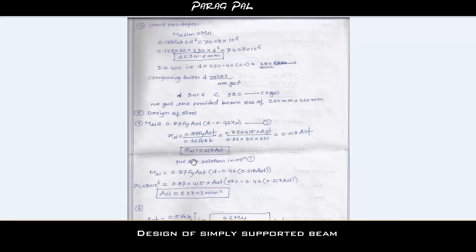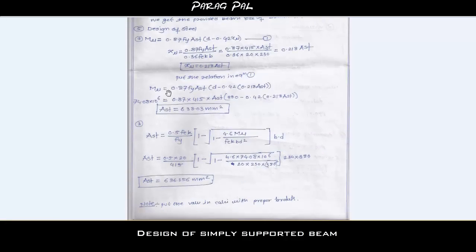Now put this relation in the Mu relation here, and after all you get the value of Ast. You know the value of Mu, this value is put here, and after that you get the value of Ast. Again, this is one step. Now here is a standard formula for determination of the steel,